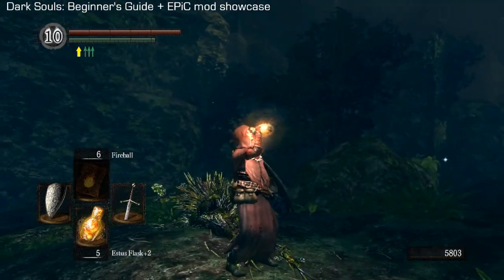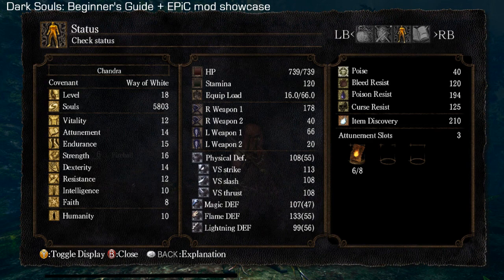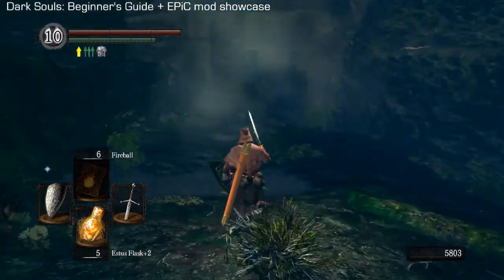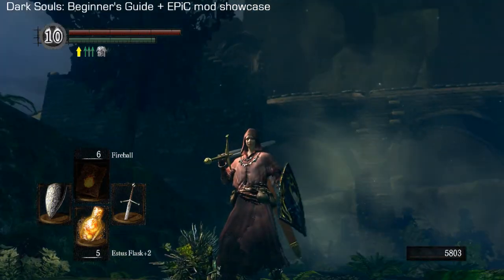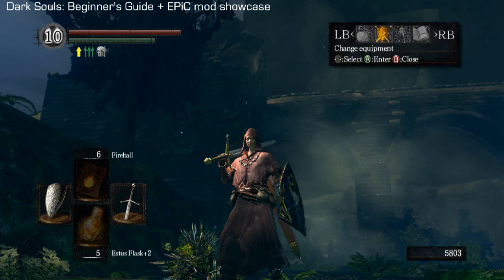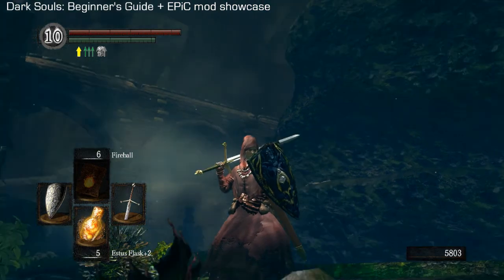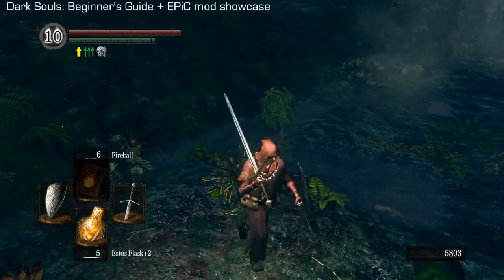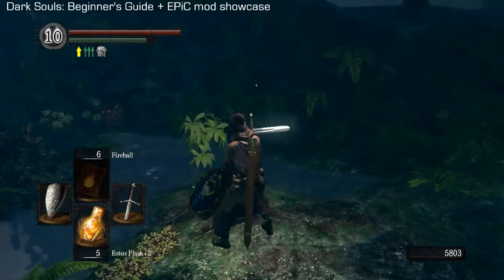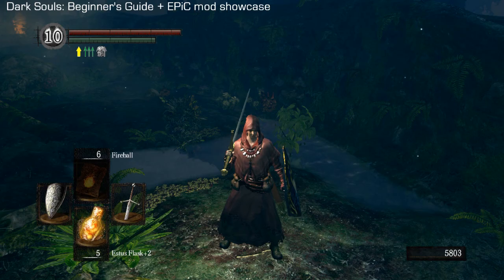Alright. Okay, so now I have the wolf ring. So now my poise is 40, even though I'm not wearing heavy armor or anything. So I guess basically what happens, if you want to think of it this way, is when you're holding up your shield, like this one's 51, my poise is basically 51 plus 40 when I'm holding this up. So yeah, poise does help you, but it's also important to be able to get away from enemies fast, unless your armor is super strong and we don't have...